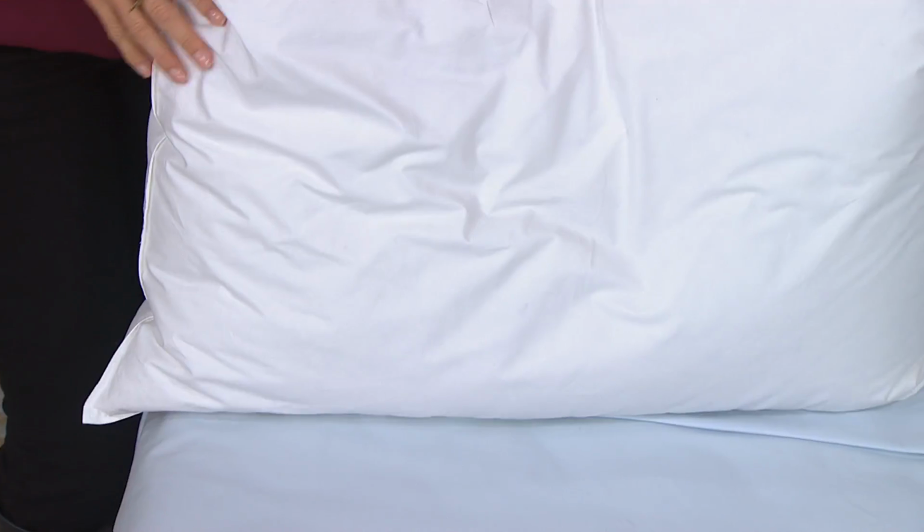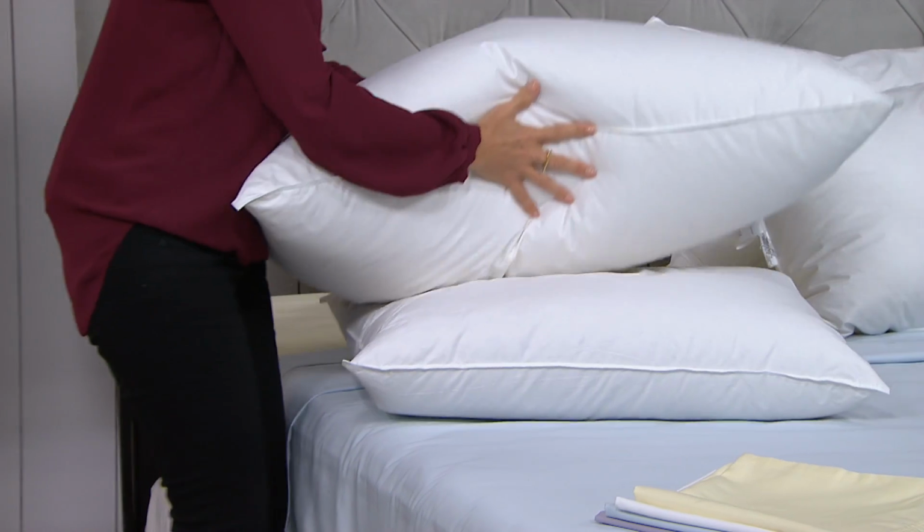A lot of manufacturers are saying, oh, it's got the feel of down. It's got the comfort of down. Exactly. This is not down. This is down. This is it. And for less than $40, you, your loved ones, your partner can be resting their head on nothing short of